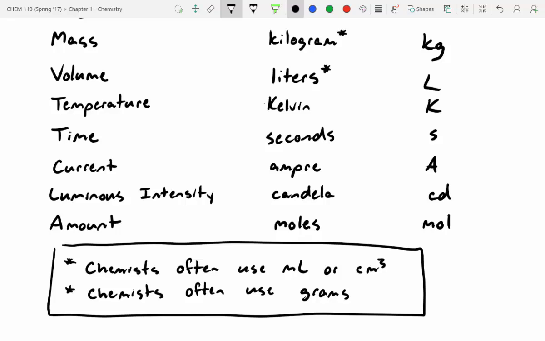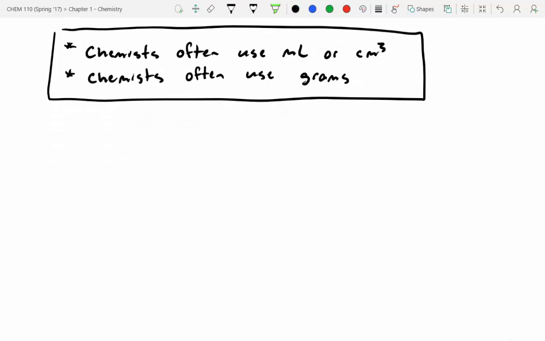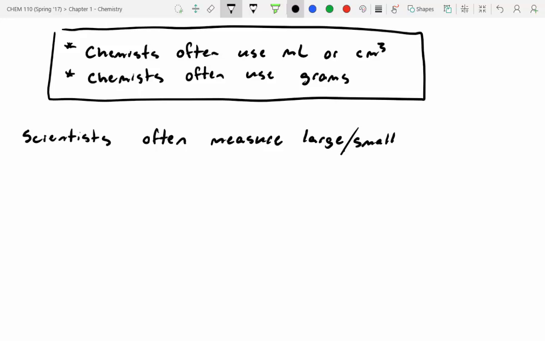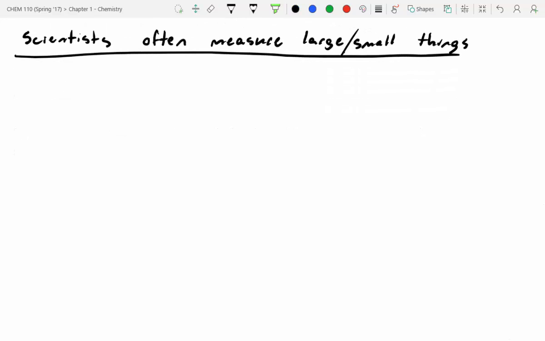All right. One problem we deal with as scientists is we are measuring things that are oftentimes super duper tiny or super duper big. So let's talk about using prefixes to get around that. So scientists often measure large or small things. Okay, so here's a good example. The mass of the Earth. Okay, the mass of the Earth is